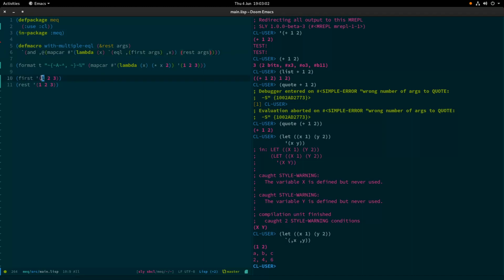So the first element is always the second element in this list here, the first element being equal, so it'll be equal 1, 2, equal 1, 3, based on this example here. So that's all that's doing. So we can see